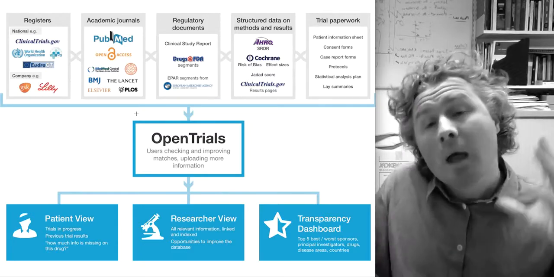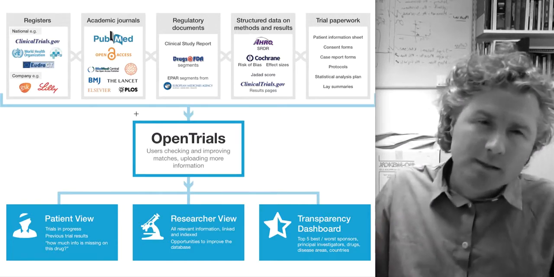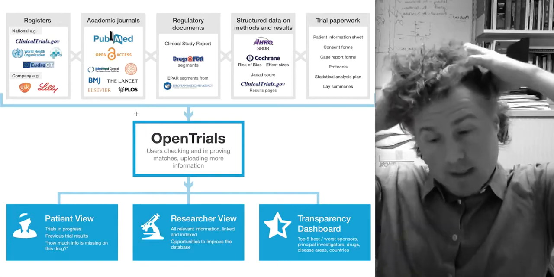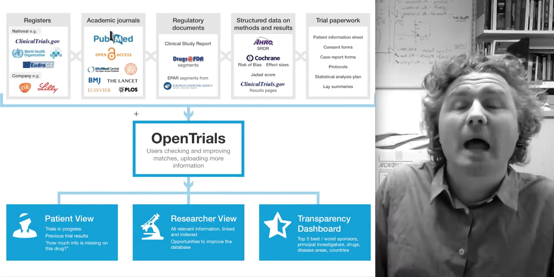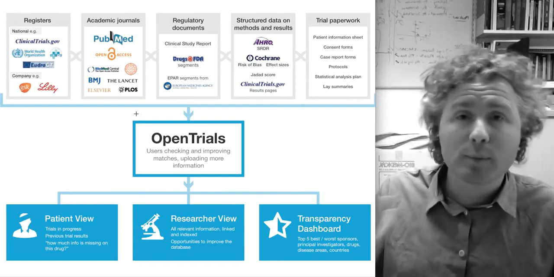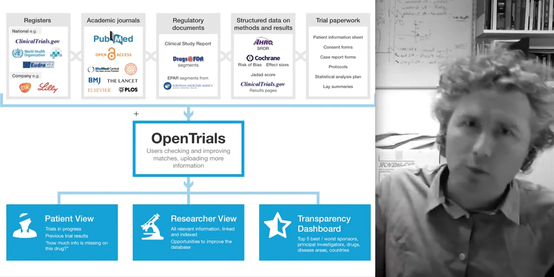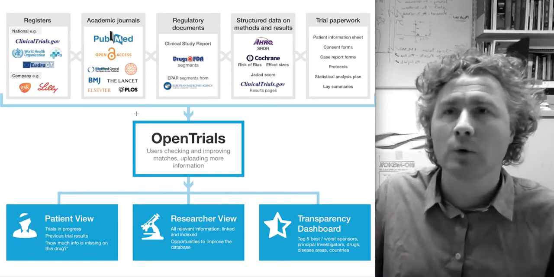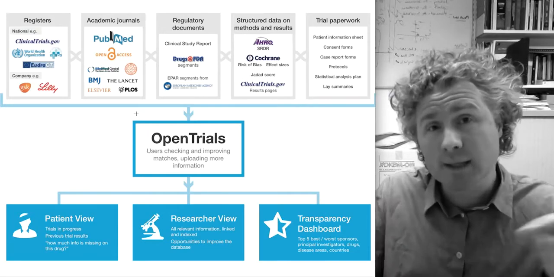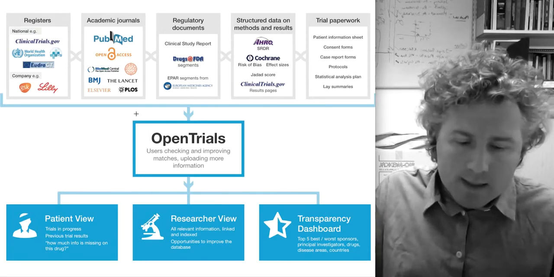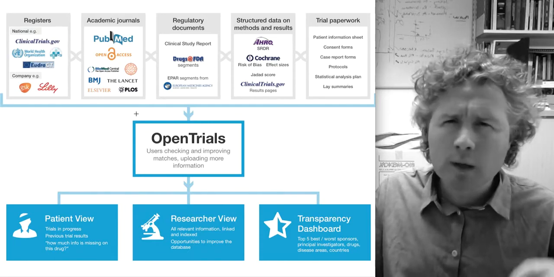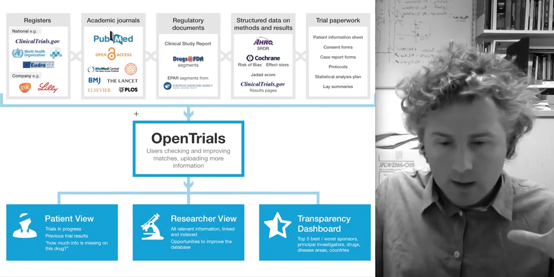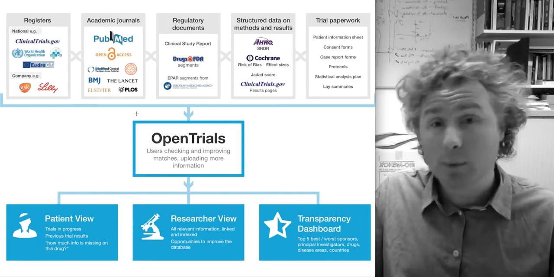So patient information sheets, consent forms, that's the kind of thing we'd be interested in having and hosting, and that's the sort of thing we're going to make boxes for each trial. And then also things like case report forms. So case report forms are the paperwork, or more likely online obviously now, computerized, but they are the record sheets for the trial. And sometimes there are methodological shortcomings in a trial, design flaws, which can only really be identified by looking at the original case report forms.